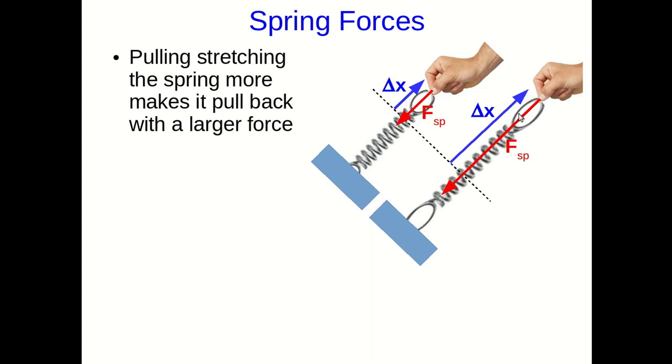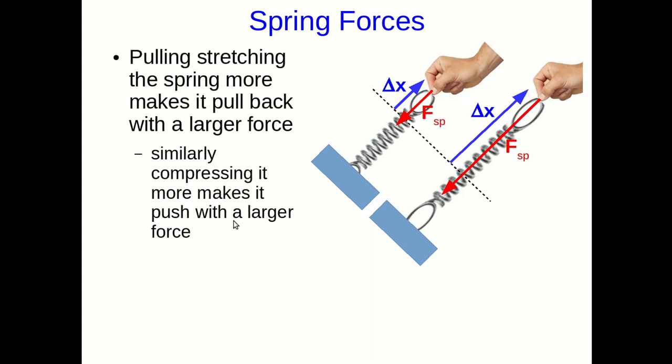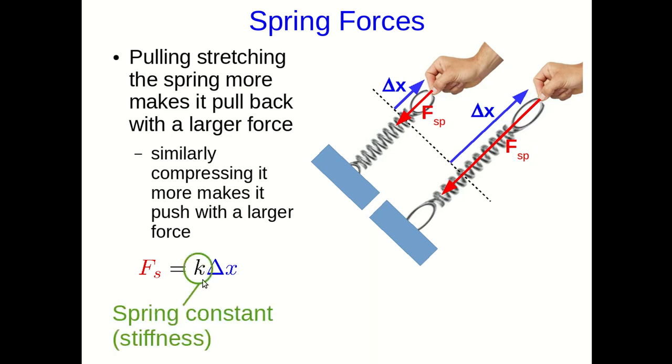So the amount of force, the magnitude of the spring force, depends on the magnitude of the displacement of the end of the spring. And similarly, if you compress it, you get the same thing. The amount you compress it affects how large the spring force is. And so we say that the spring force is proportional to the displacement, and there's this constant, which is a property of the individual spring, which gets called the spring constant. I don't like the name spring constant. I don't think it's descriptive enough. I think it would be better if we call it the stiffness of the spring,